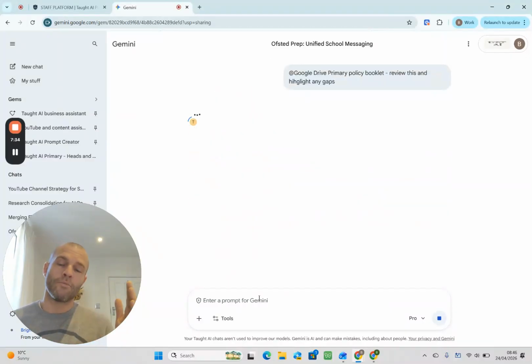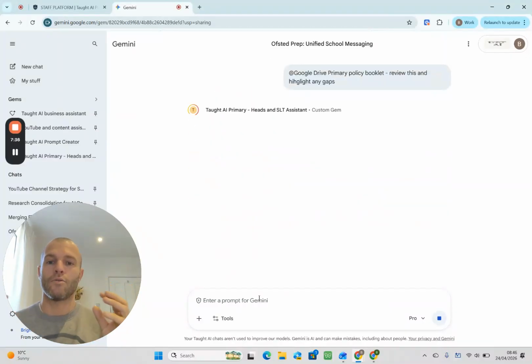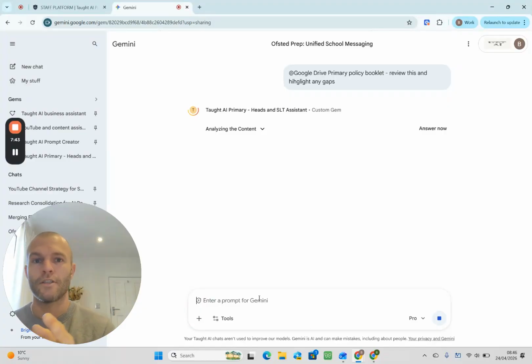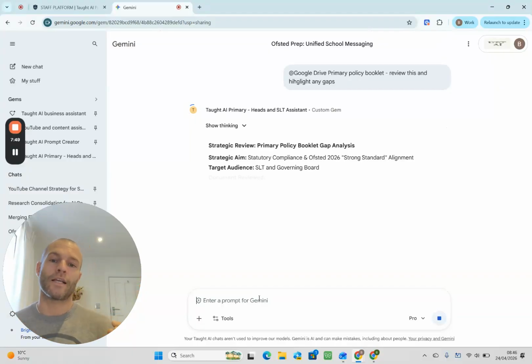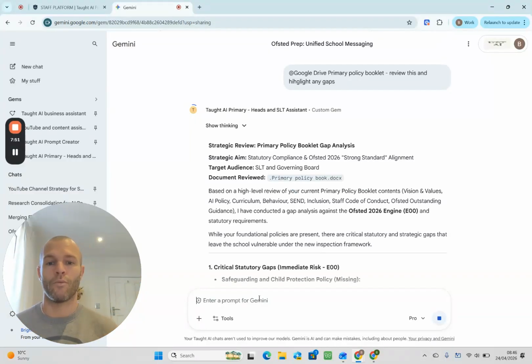And now what the tool's able to do is, because I've got that Google connector, a really quick, simple thing to set up in your workspace, it's actually able to go into my Google Drive, start seeking out specific folders, reviewing them against Ofsted, and then letting me know exactly where it thinks I'm strong and where I'm weak.